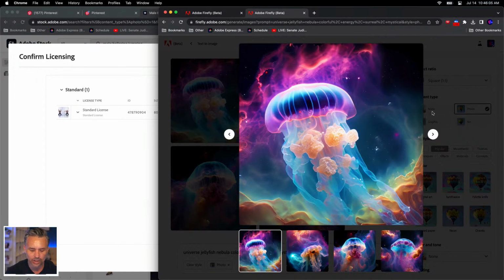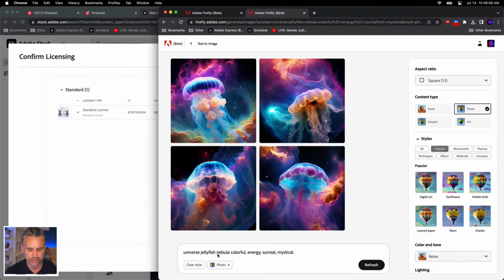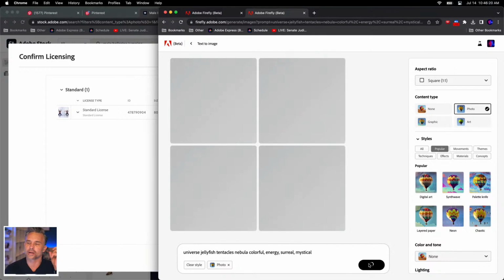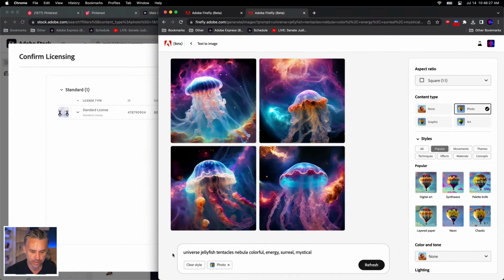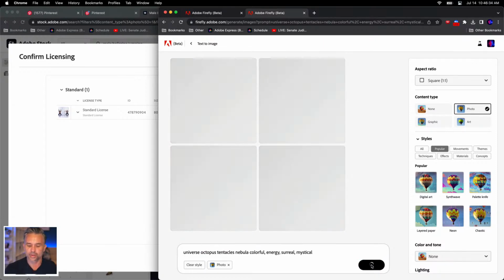What else? What else? Jellyfish. Tentacles. And if I keep those descriptive words the same, it's going to develop a consistent look. I'm going to do octopus, universe, octopus. Let's just do octopus, tentacles, nebula. The reason I do have colorful in there, but I'm actually deciding that